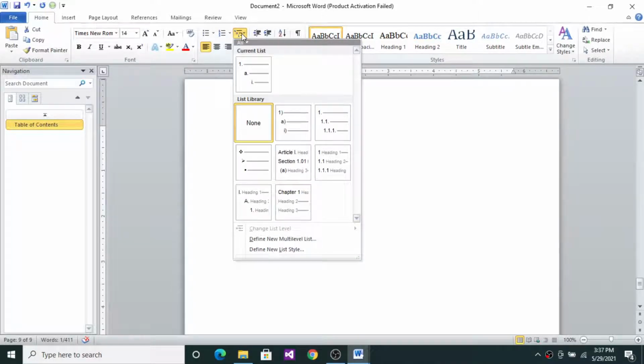So what I am going to do is, I am going to select a style for this numbering, and the style I will choose is this. 1 heading 1, 1.1 heading 2, 1.1.1 heading 3. We do not go to heading 4. Heading 3 is the lowest level heading we go to. Normally it's not recommended to use 4th and other levels. 3 levels are important. 3 levels are just sufficient. So I'll select this style